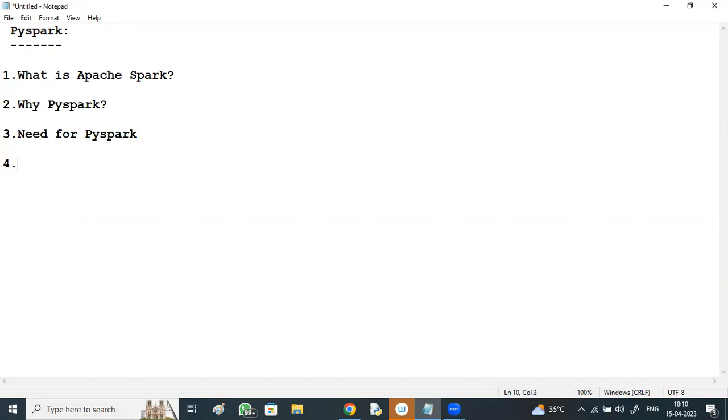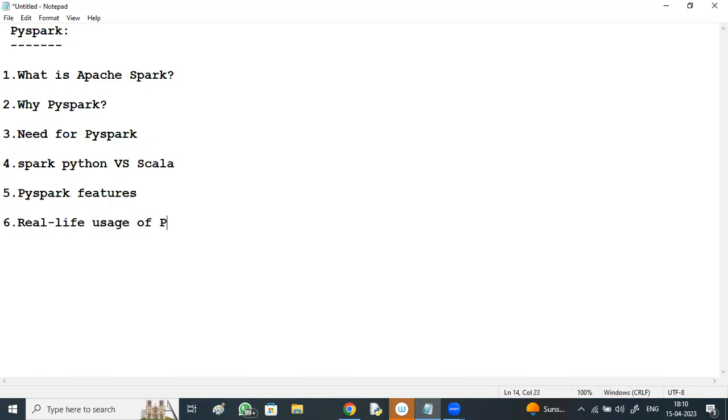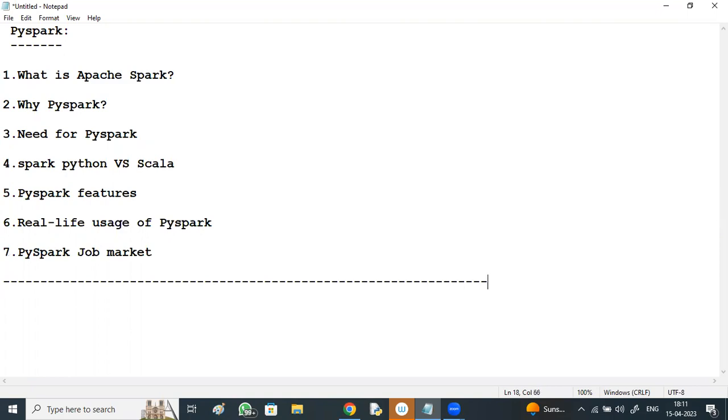Those who are learning Spark have some doubt whether to go with Spark with Python or Spark with Scala, so the difference between PySpark and Scala programming, PySpark features, real life usage of PySpark, and the PySpark job market.